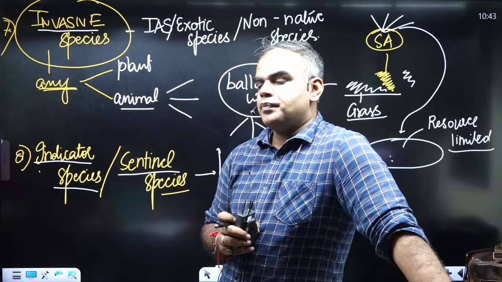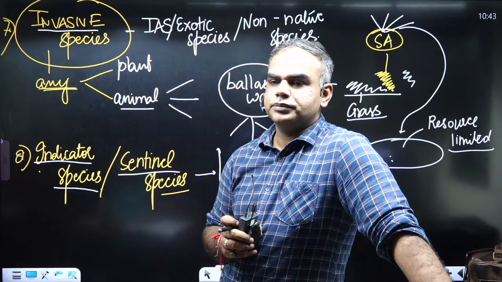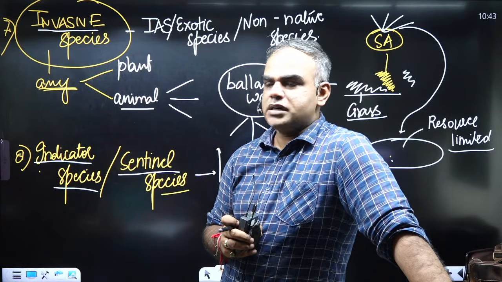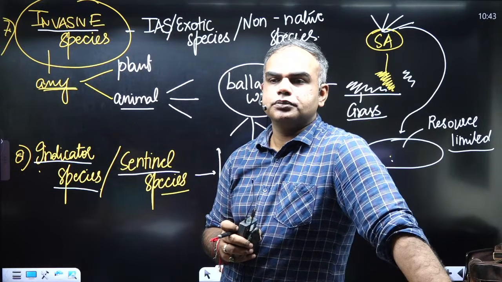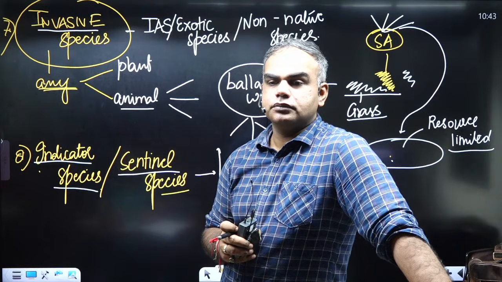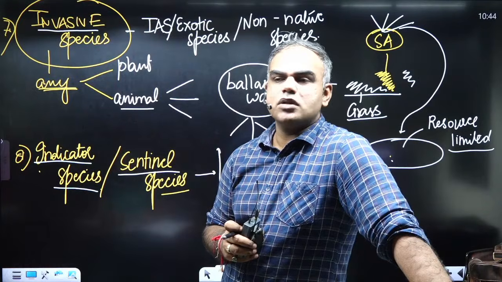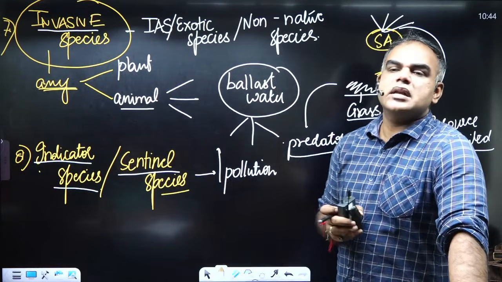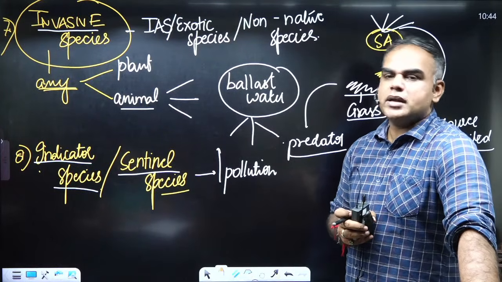Which means if there is more SO2, lichens will decrease. Right? Now, which country is the biggest emitter of SO2? Any idea? The answer is India, the leading emitter of SO2. But that is not the case with carbon dioxide, where the leading emitter is China, followed by USA, followed by India.